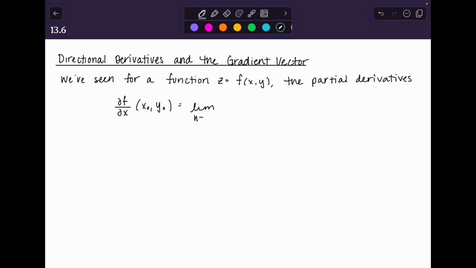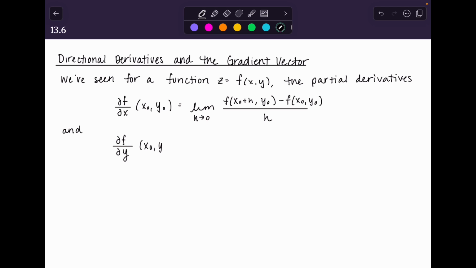That's the limit as h tends to 0, just like our standard limit definition of a derivative in Calc 1: f of x naught plus h, y naught doesn't change, minus f of x naught, y naught, all over h. And then in the analogous way, the partial derivative of f with respect to y,